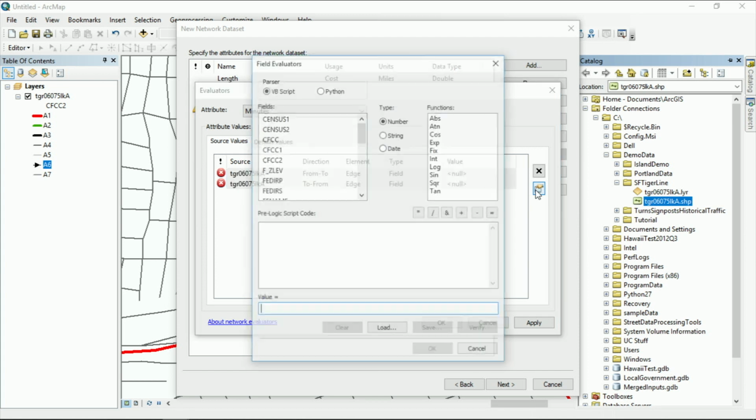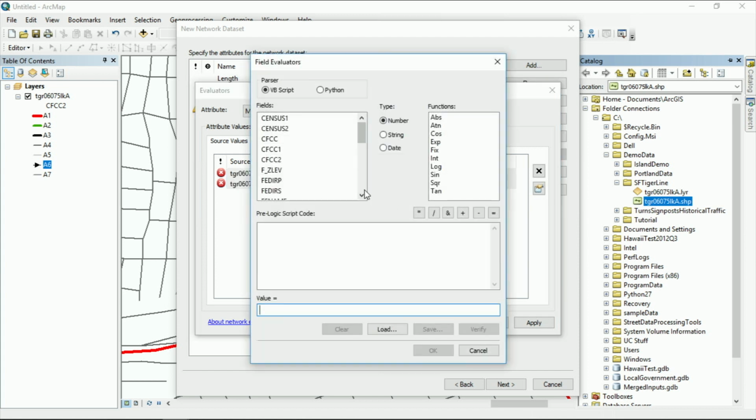Click on the evaluator properties, and I'm going to create a mathematical expression that takes the length of the feature and divides it by the speed. Length divided by speed is travel time. But the length is in miles and the speed is in miles per hour. But I want this to be evaluated in minutes, so let me multiply by 60. Click OK,